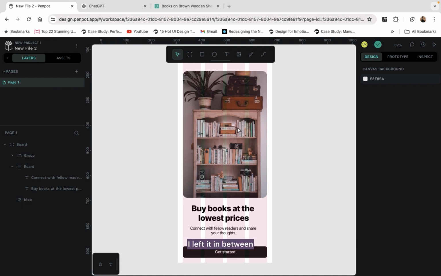I left it in between, I stopped doing it, and it was a huge mistake. So that's why I have started creating sketches as well. So let me know if you want me to create a video on that as well, like Procreate, Sketchbook, or any other tool. I will learn about it and make a video on it.